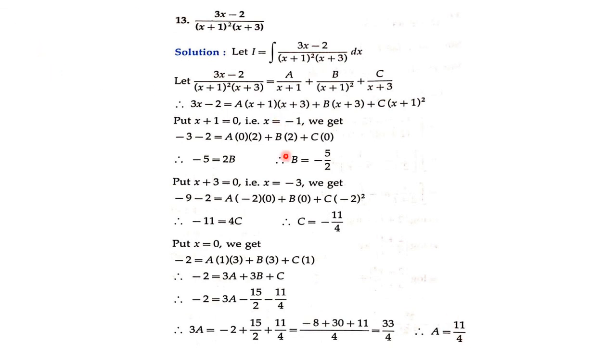See students, I want to tell you one more thing. Here I have told you how to find out the value of c. Sorry, we have already found this value, c and b. Now we want to find the value of a, but to find this value of a, we have to make another substitution, by back substitution of b and c, because they are already found. Therefore solving it, we have a is equal to 11 by 4.